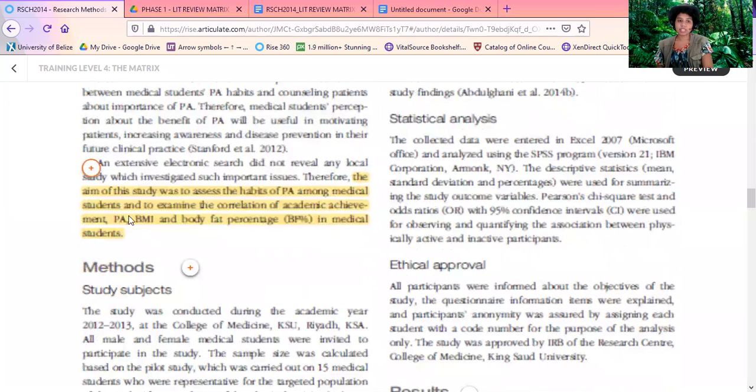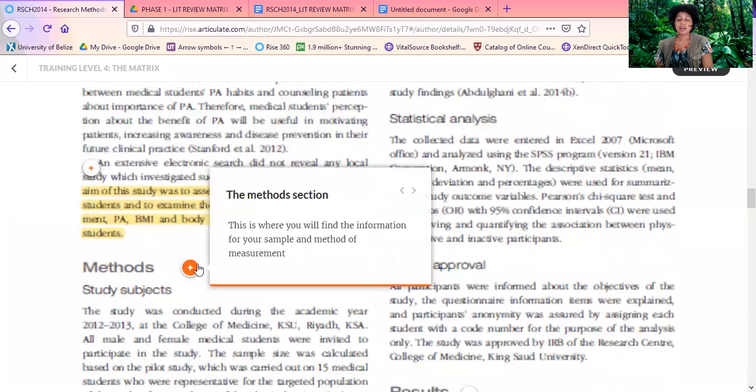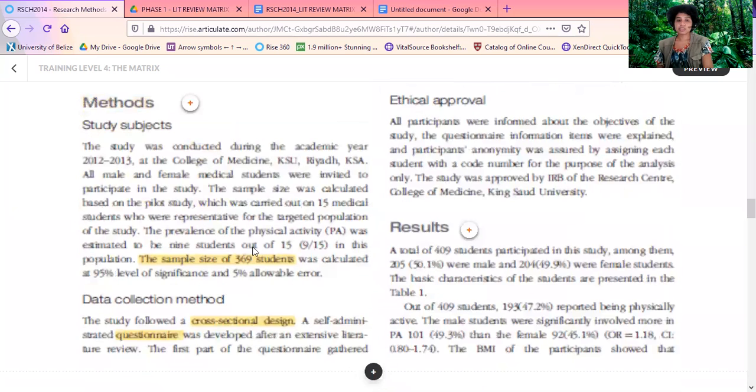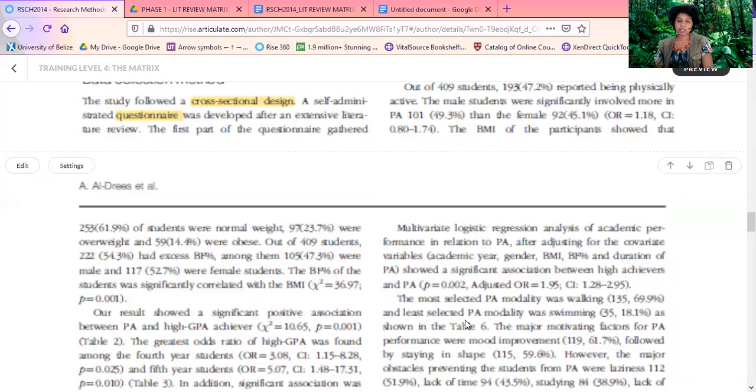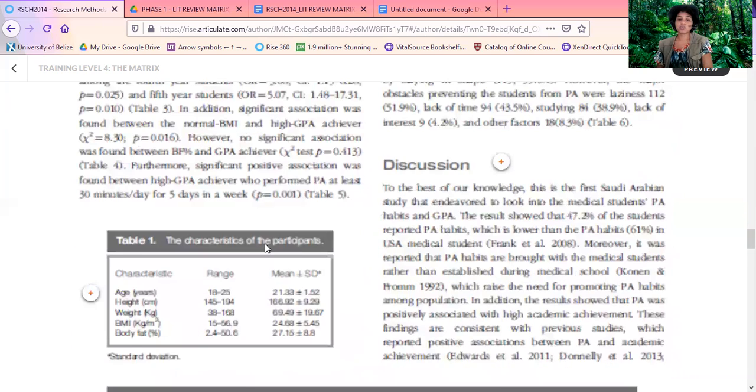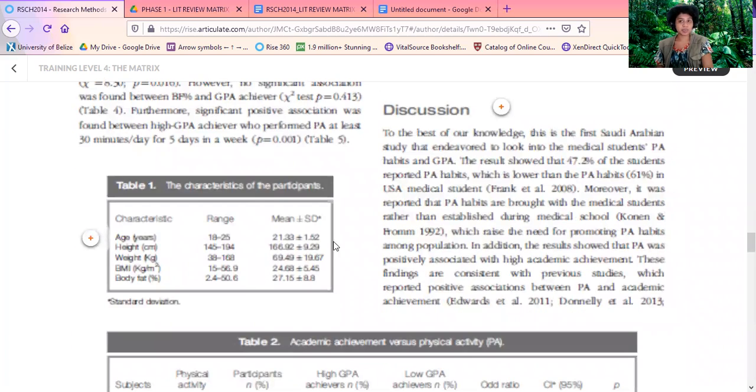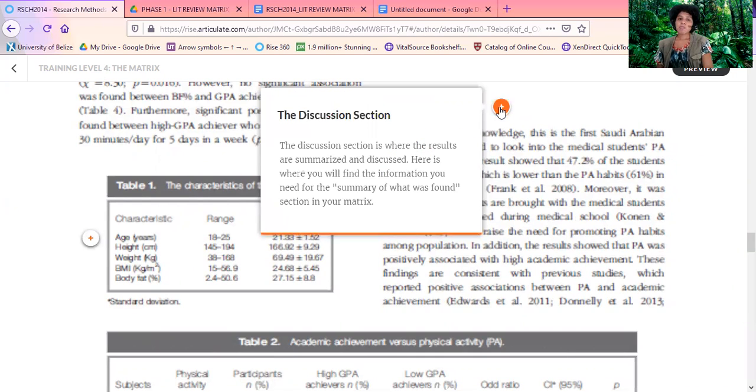the purpose of the study, the method section, where you can find the sample, the data collection method, and here we can see the research design that was used and the method of data collection that was used, the results, and we know that this particular study is quantitative because we can see the statistical data being presented,